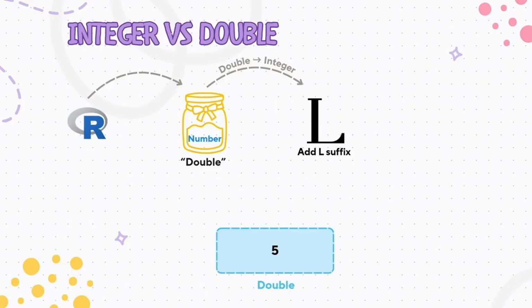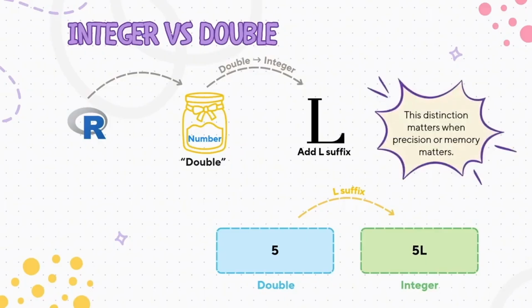If we wanted to convert this into an integer, we would have to add an L suffix, which is done by doing this, 5L. Now, this 5 would be an integer. This might seem insignificant at the moment, but the distinction matters when precision or memory matters when we execute operations later on. So, now that we have discussed separating doubles and integers when working with numbers inside R,